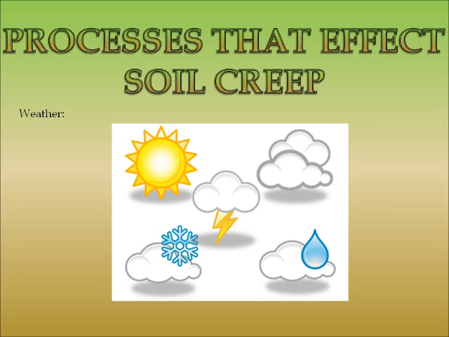Weather. Weather is the state of the atmosphere to the degree that it is hot or cold, or wet or dry. It generally refers to the day-to-day temperature and precipitation activity. The weather of an area controls the temperature and amount of water it receives, and is therefore a major factor that affects soil creep, as temperature and water are the main drivers of the process of wetting and drying or freezing and thawing. The weather in an area can also have an effect on the rate at which soil creep occurs, as the amount of water present in the soil is a major feature that determines the rate of creep.